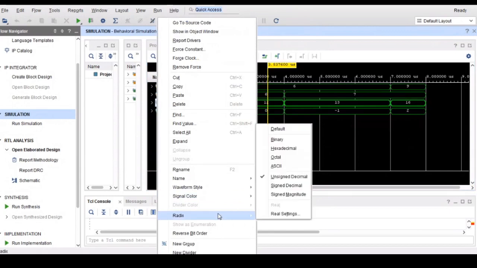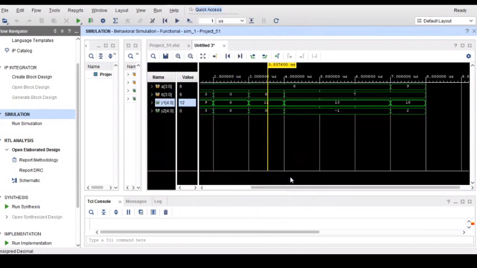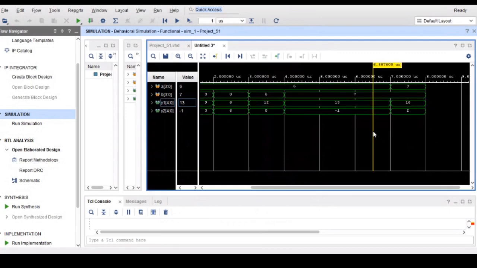Right click, go to radix, choose unsigned decimal. Got it now? See, the unsigned, signed, hexadecimal, string, all those things are just for our understanding. But there is no such display in binary. Everything will be in binary only.